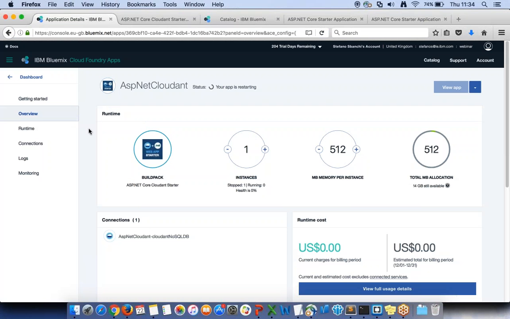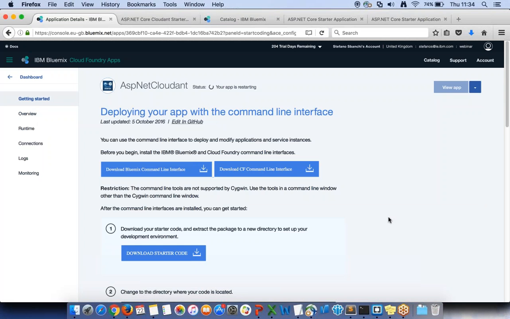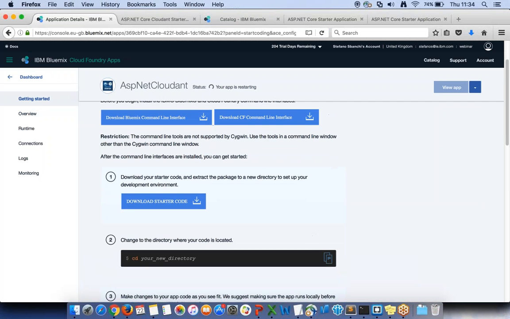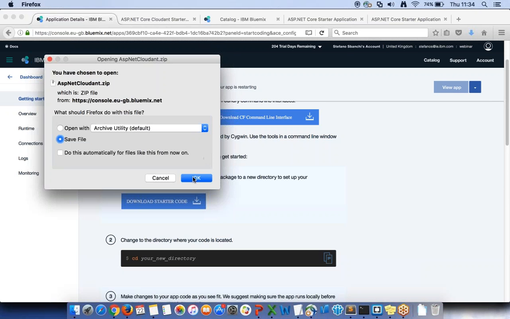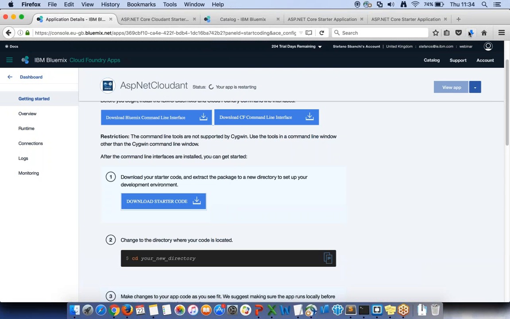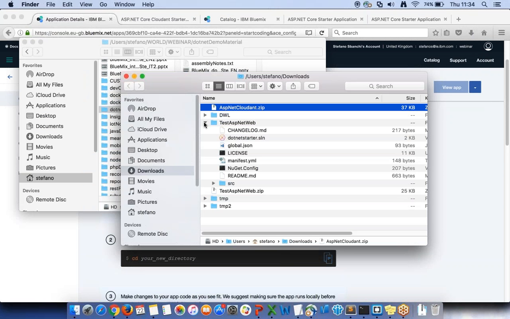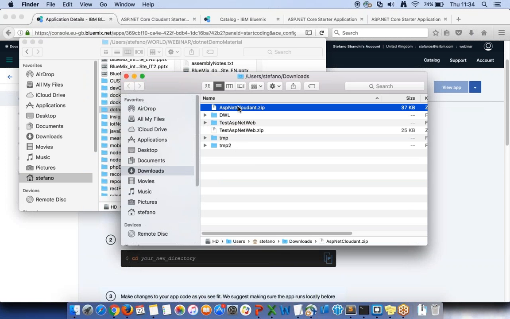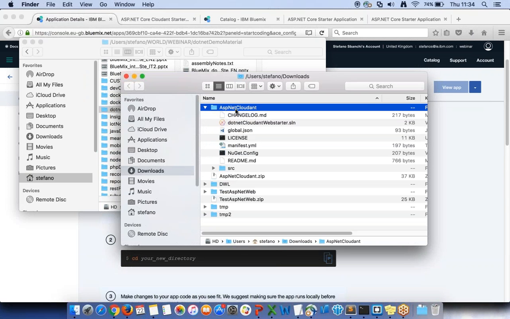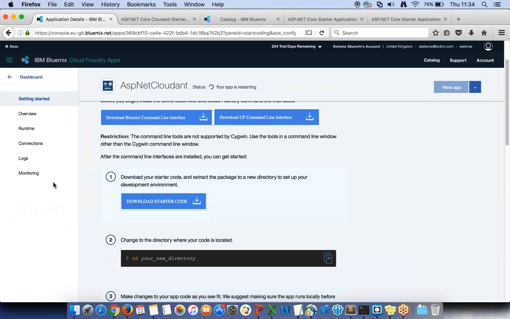So what I want to do now is to show how it works and how the source code is made. So I will download it again. Here is my actual source code of the application. And now,